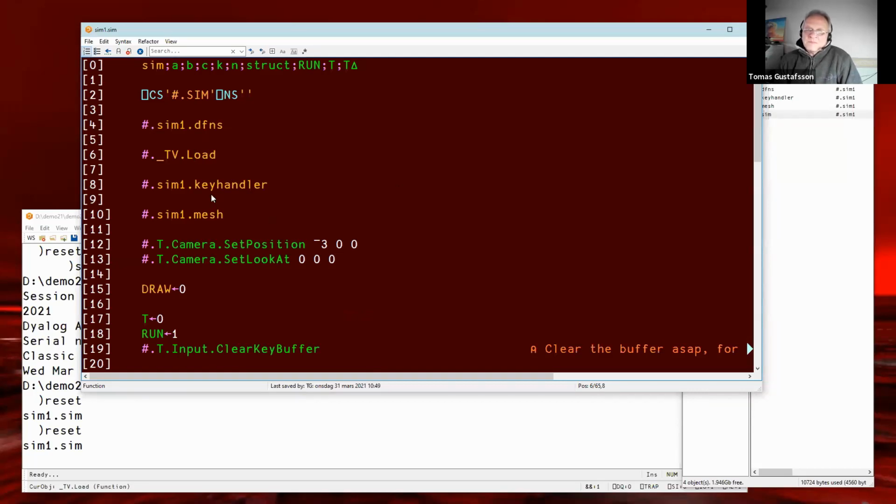Now, if you want to do a game, you know there are maybe a steering wheel and handles and joysticks and keyboard and lots of user action compared to most other programs. And a 3D application is always in a loop. It's a loop that goes on as long as the game or the simulation is in action. And between painting on the screen, there is time to read the keyboard.